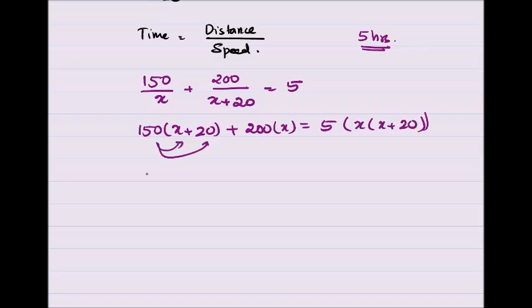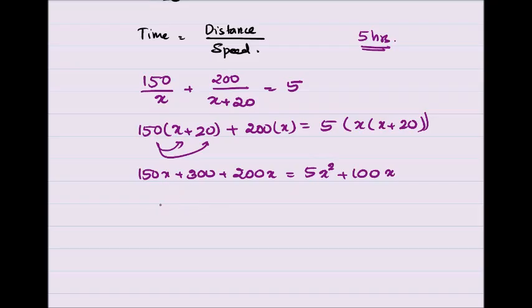Again, 150x plus 300 plus 200x is equal to 5x square plus 100x. Simplifying this,